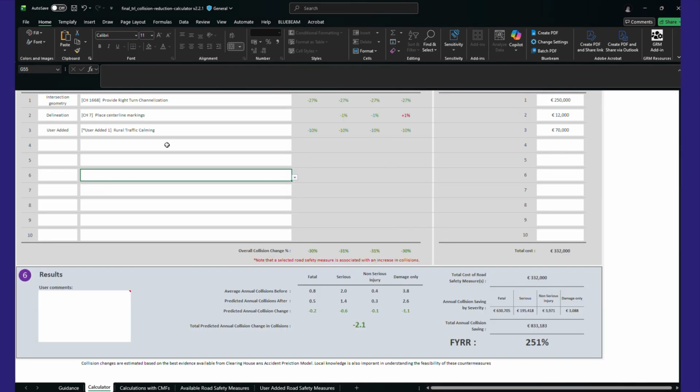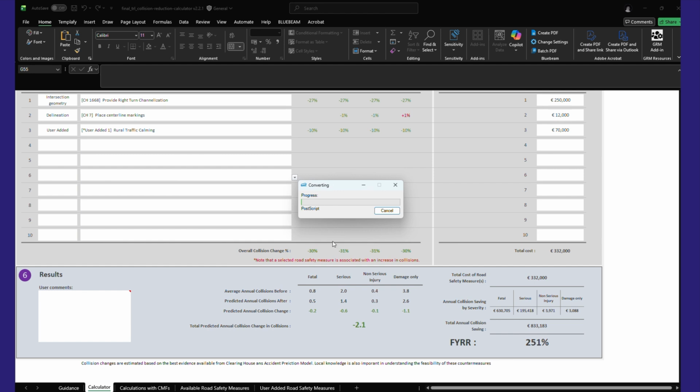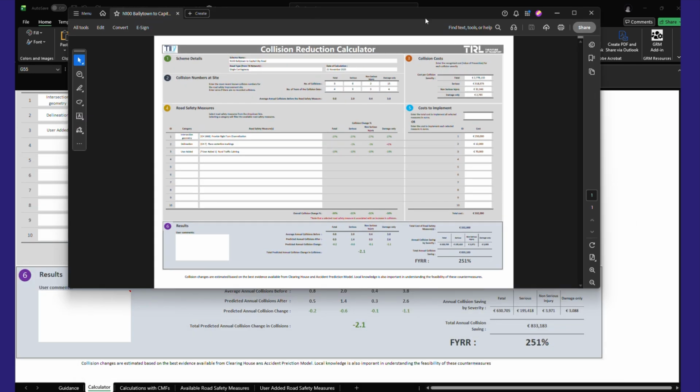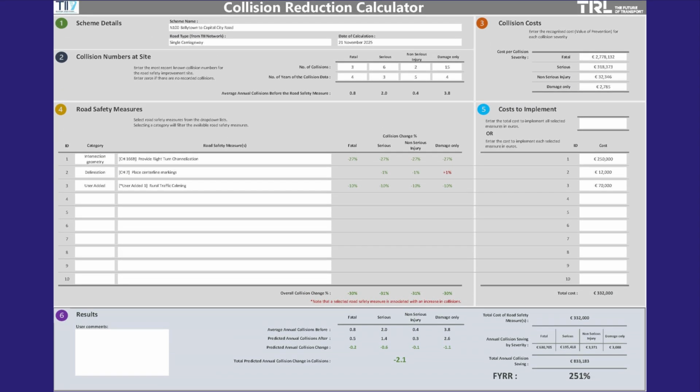For this example, we will hit Ctrl-P, select PDF format and save the output in the Download folder as N100 Ballytown to Capital City Road, FYRR. The print of the Calculator tool includes all 6 sections for inclusion in an assessment report for the proposed road safety improvement scheme. Based on the details provided in the collision reduction tool for the example road safety scheme, the